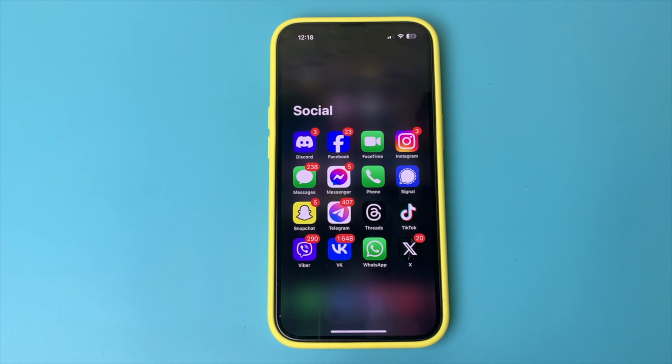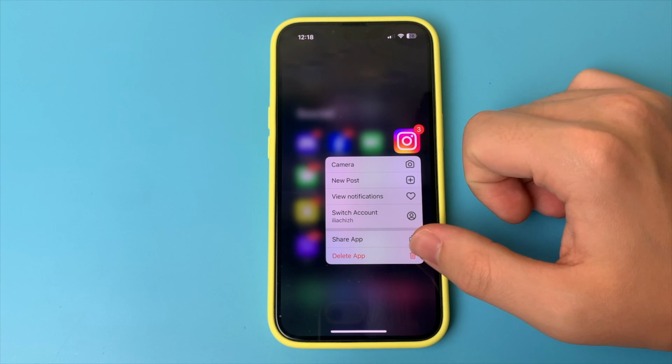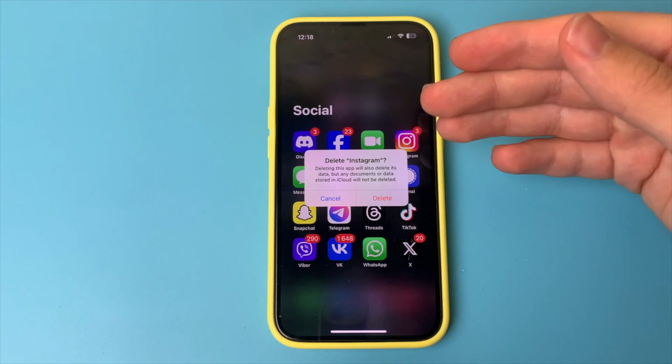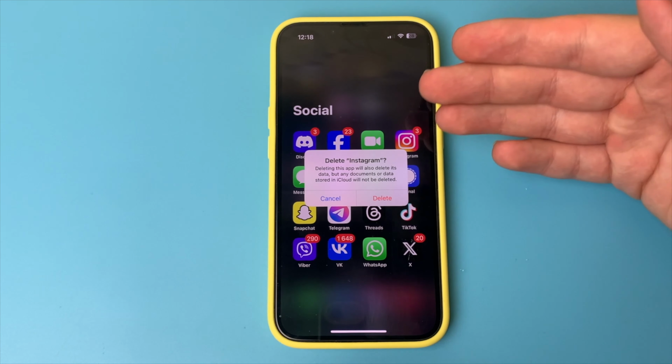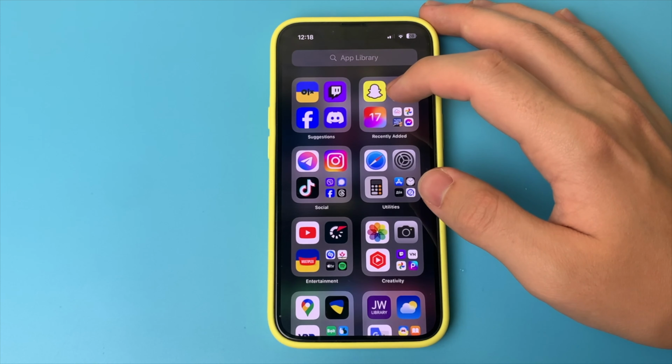Thank you. In this video, I want to show and tell you what to do if your Instagram app doesn't work on your iPhone. That is, it just doesn't open, crashes, and you don't know what to do with it. How can you fix it? The most correct and the most working way in this situation is to simply select Instagram and delete it. That is, you delete your Instagram application, thus you remove all the errors that could be there. This is the way I really advise you: simply delete Instagram and then download it again from the App Store.